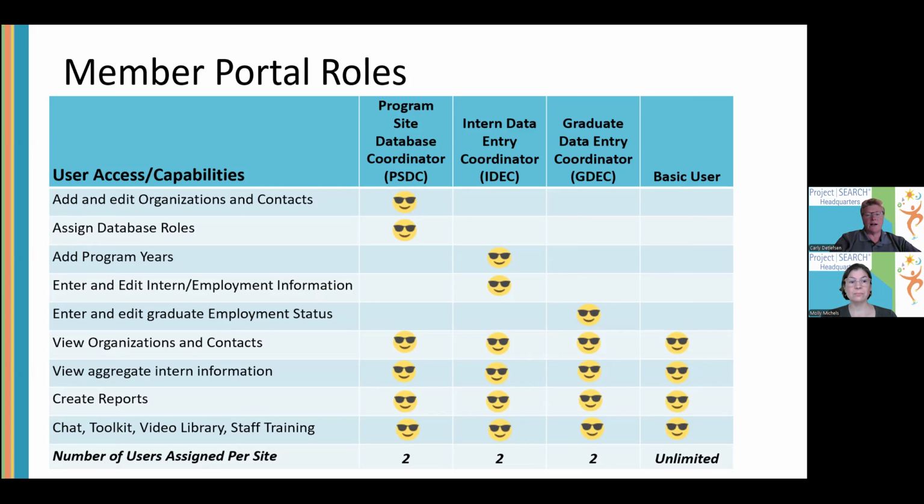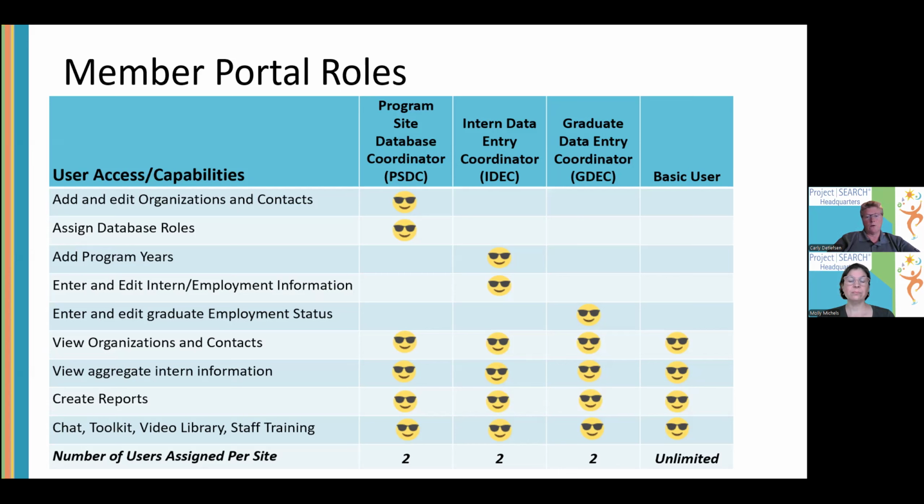So if I'm assigned as an intern data entry coordinator, and again, in this role, you can only have a maximum of two people assigned to that role, they have the same basic user functions: viewing organizations, contacts, some intern information, running reports, and access to all of the tools in the portal. But they are the two people who are going to add your program year each year, and they're going to add your interns, their internships, the skills they're working on, the VOC-Fit subscales they're working on, and then